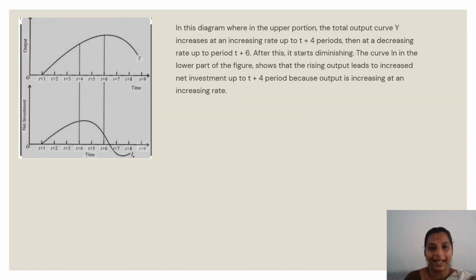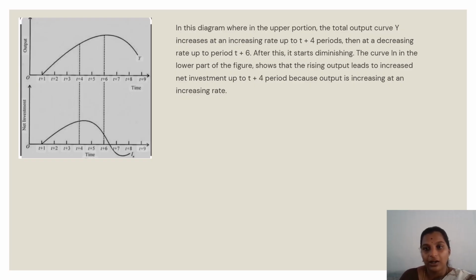Next, moving on to the diagram. In this diagram, the y-axis represents output, the x-axis represents time, and in the upper portion of this diagram, the total output is represented by the curve Y, which increases at an increasing rate up to the t plus 4 period, then at a decreasing rate up to the t plus 6 period. After this t plus 6 period, it starts